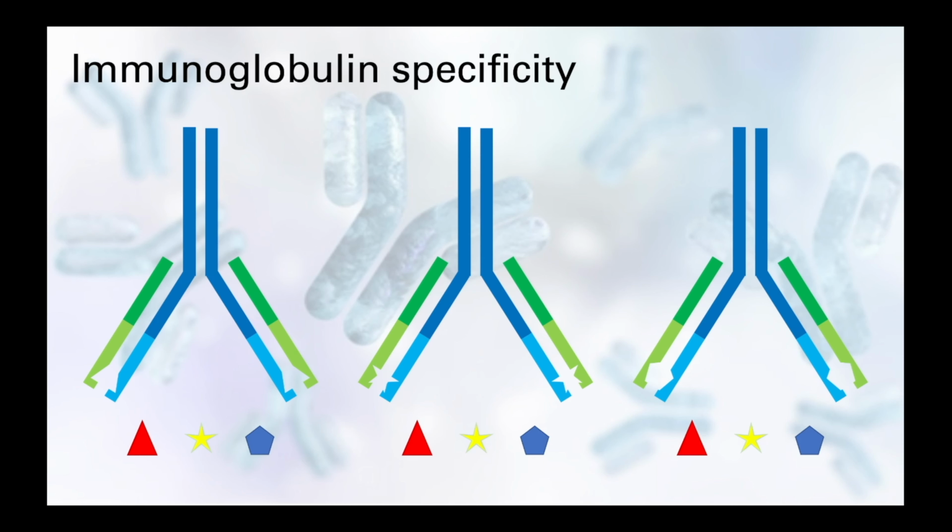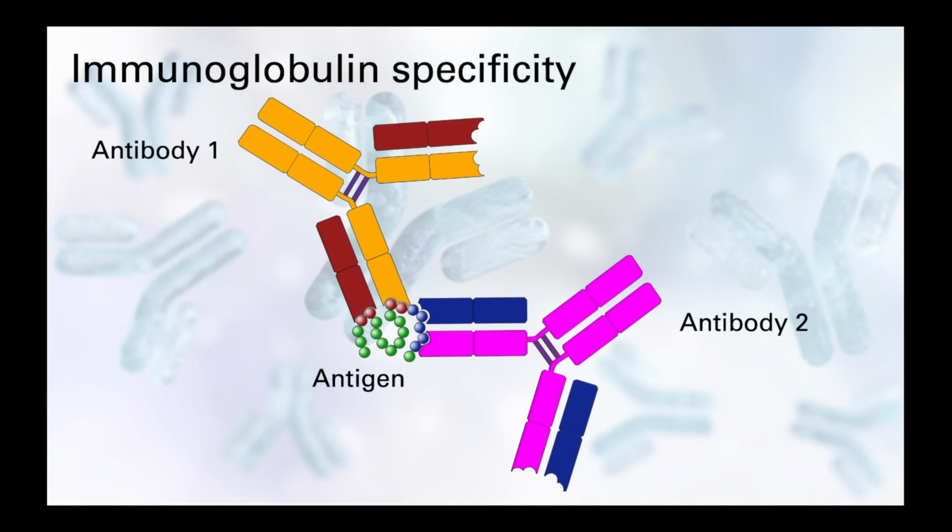So as you can see from this representation, only the first antibody can bind to the triangular epitope. Only the middle antibody can bind to the star, and the pentagon can only bind to the last antibody. And these antibodies do not recognize the other shapes because they are not complementary to the binding site formed by these hypervariable regions. Now, something to consider is that antibodies are only recognizing a very small part of an antigen,